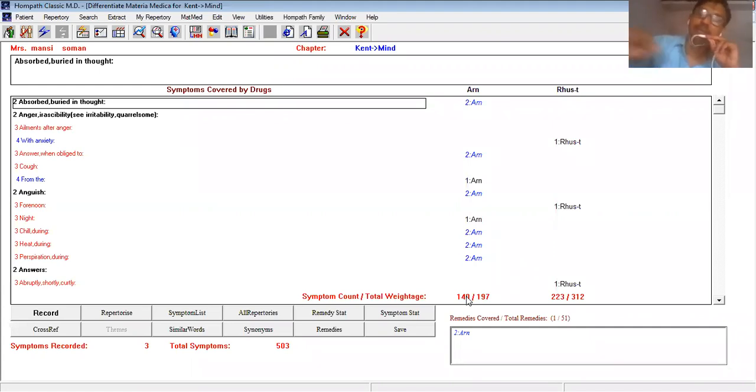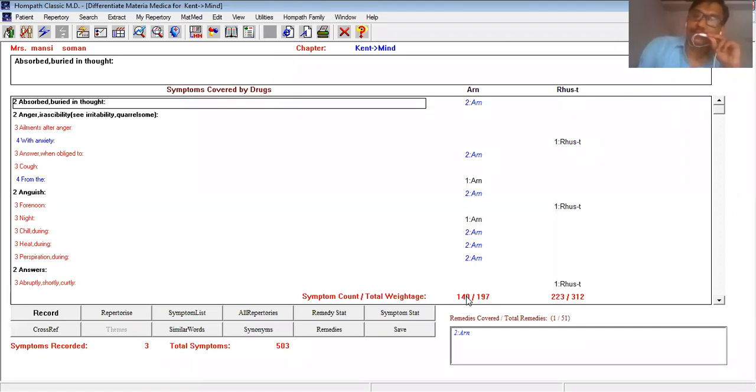So again, we'll go back. Initially, we have seen the complete materia medica of Arnica mental symptoms, it is 216, out of which 76 common symptoms were there with Rhus tox, and 140 symptoms of Arnica montana are not